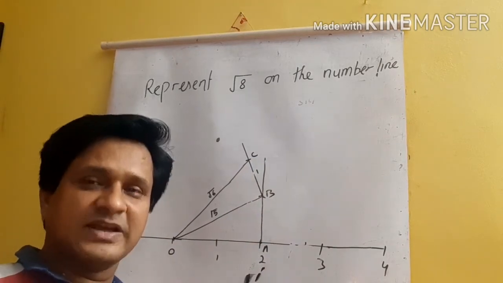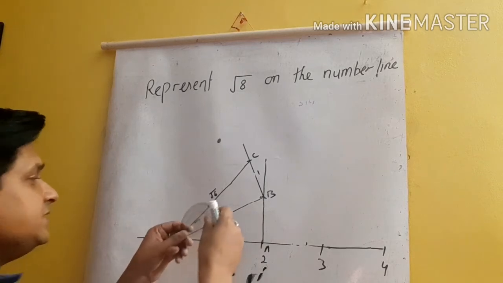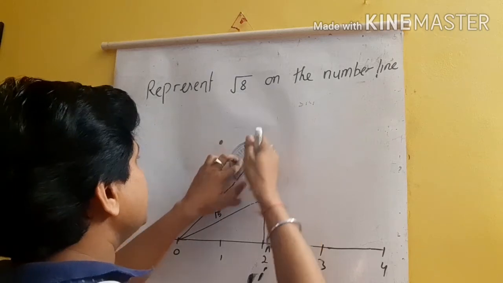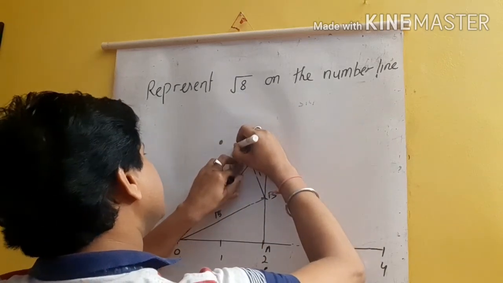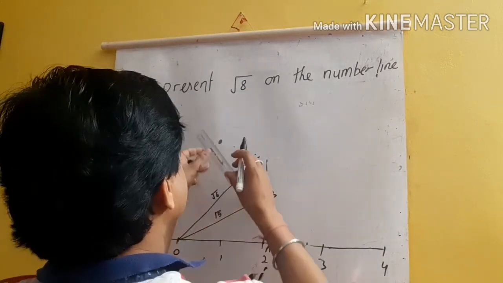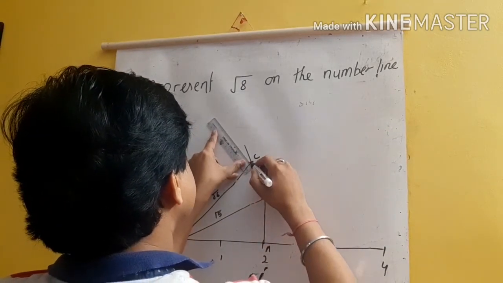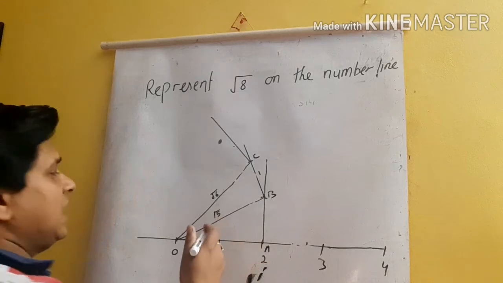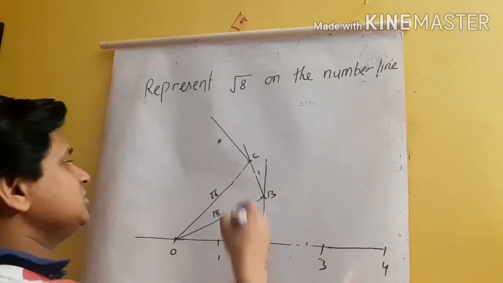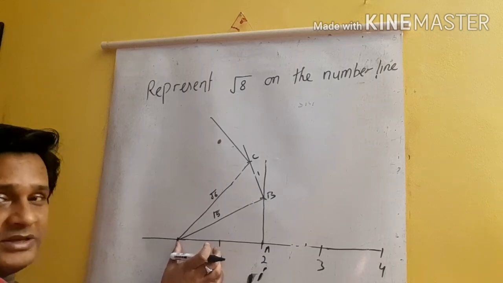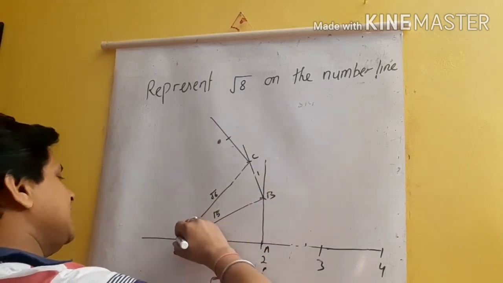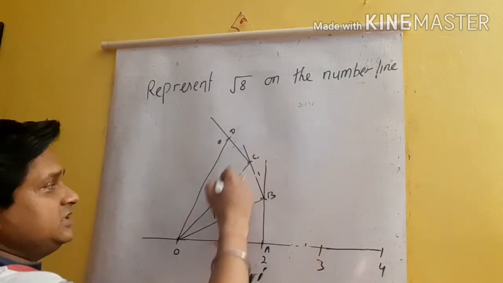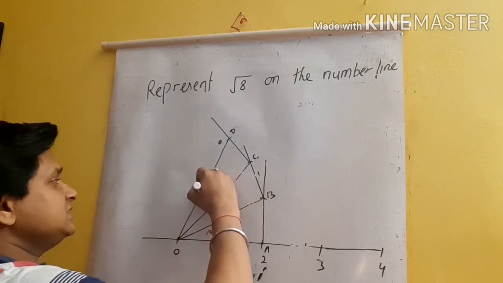Now this OC will become the base. Now we will represent root 7 and OC will become the base. Now you will again draw 90 degree on this OC. So somewhere it will touch. Going to join this. Now this is perpendicular line. Now I will take perpendicular distance, always 1 unit. So again I will measure this distance and I will cut an arc here and I will join this. Suppose this is point D. This is 1 unit, this is root 6. So what will be OD? This will be root 7.